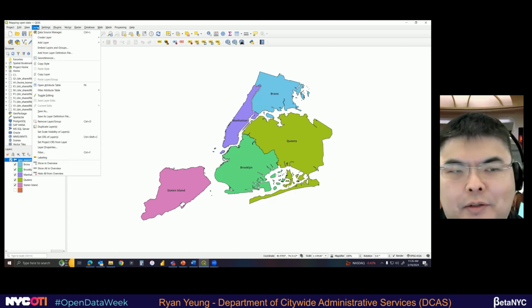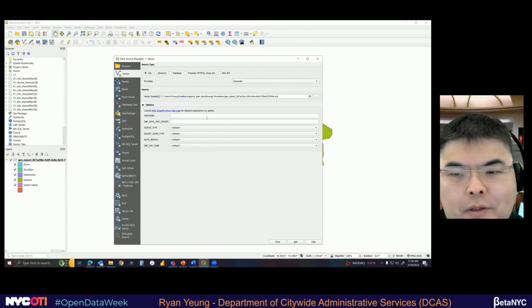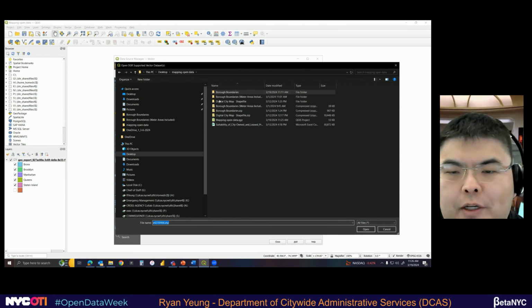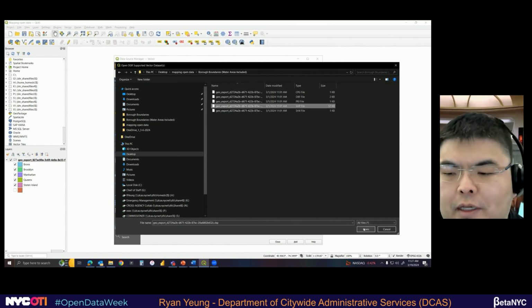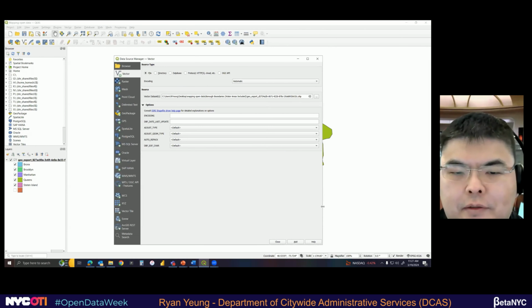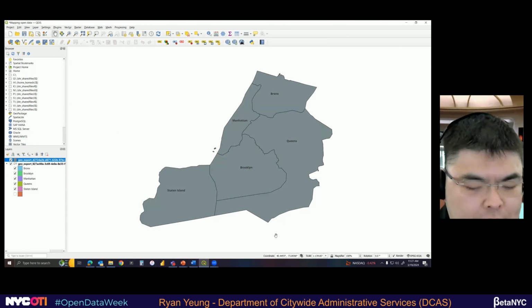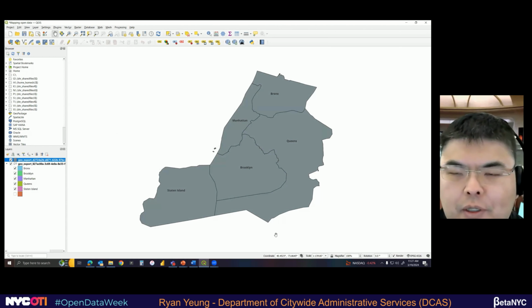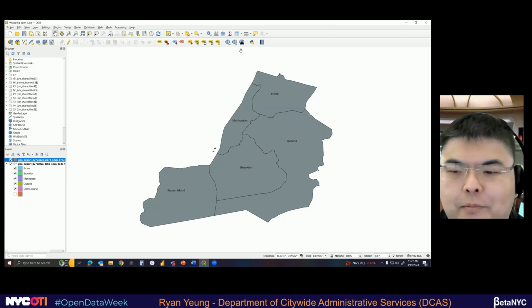So we're going to add in that other layer. To do that, we're going to go back to Data Source Manager. And this time, go back to vector. And this time we're going to open up that one with the water areas included. And once again, we're going to select the shapefile. Hit add and close. And whoa, everything is one color again. After we did all that work to make them different colors.